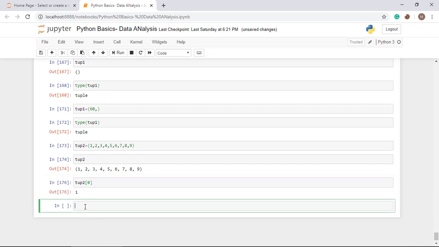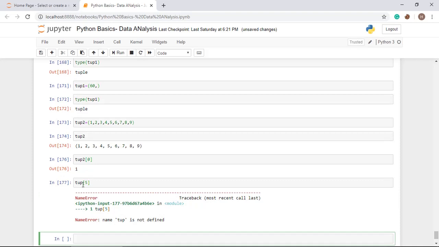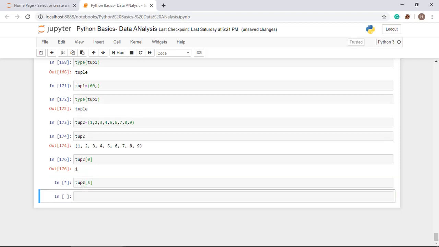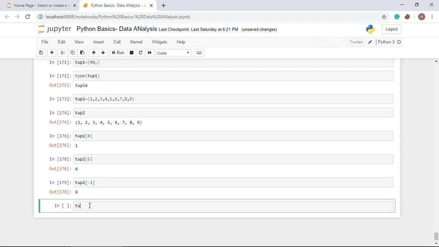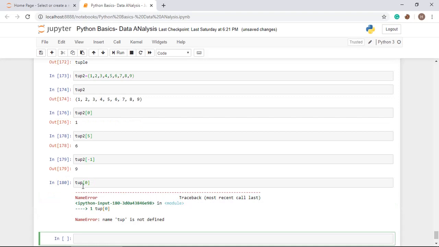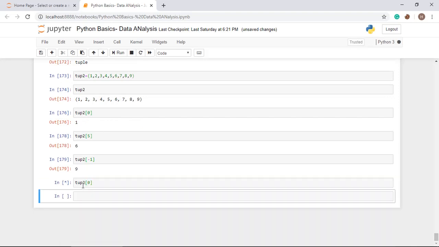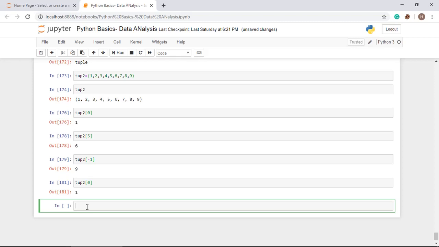So this one is tup2. You can also use negative indexing in this way. Put tup2 here and you will get the value like this, tup2 of 0. So in this way you can access the value from the tuples.